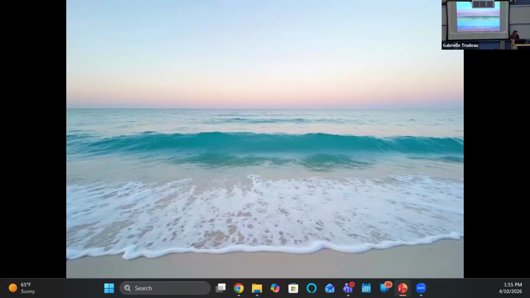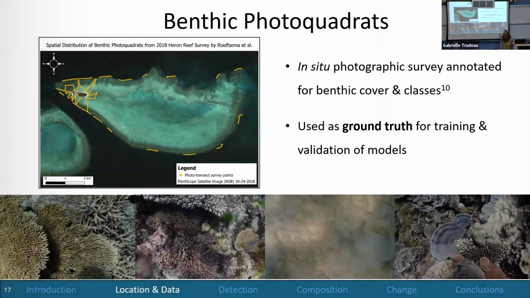For example, I think you can really see on this slide, all of these yellow dots on the screen are where I have historic data or in situ data, but it's not complete coverage. But this is a lot better than most of the reefs because collecting data is really expensive. So I think the next part of this research, not that you asked, is really to apply these methods onto different types of reef systems in different ocean basins and fully test that geographic robustness, if you will.